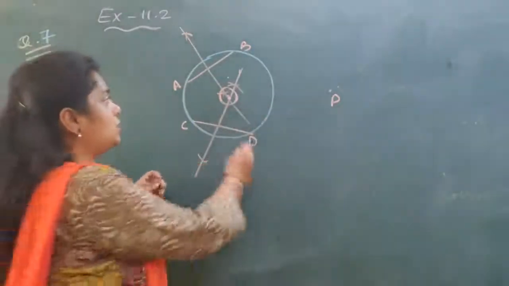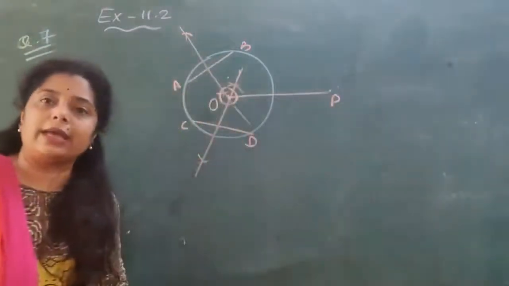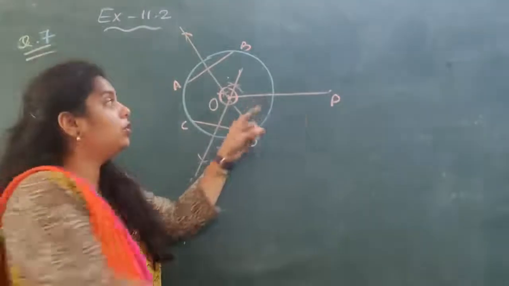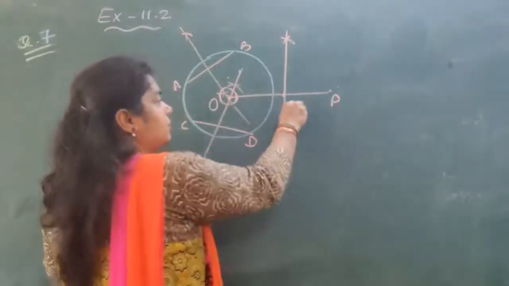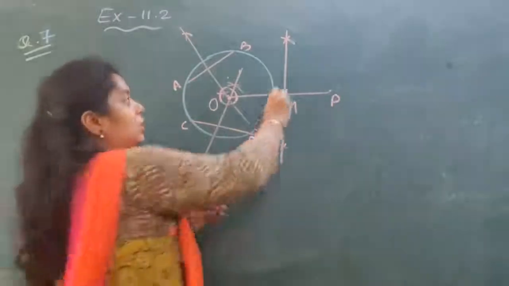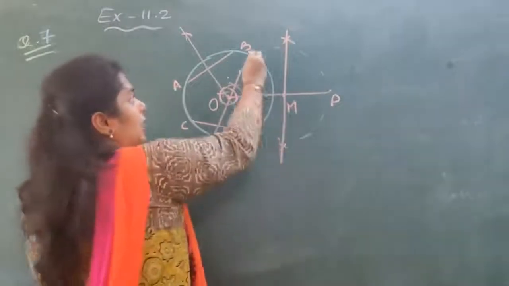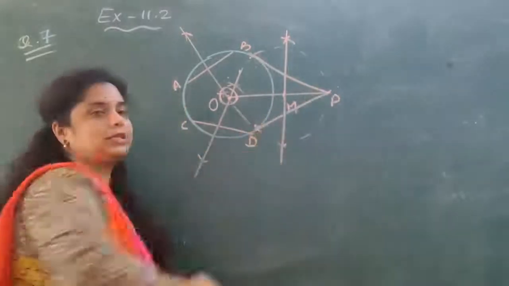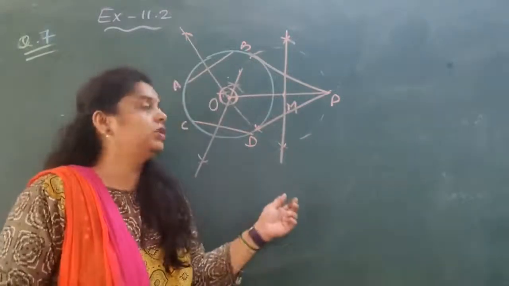So as usual, after getting the center O, what do we do? Join O and P to get the line segment. Next, draw a perpendicular bisector of OP, which gives a midpoint M. With center M, and either OM or MP as a radius, you can draw the circle or arc on the earlier one, and if you join the points of contact, it will give the tangents. Isn't it easy? Okay, so like this we can draw. So let's do the actual construction.